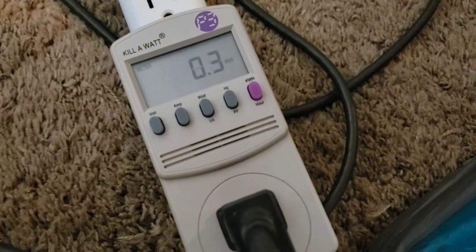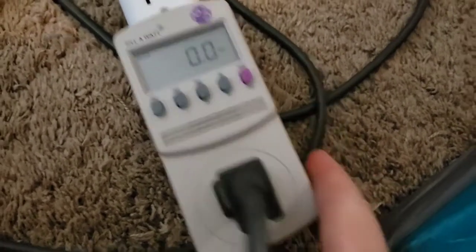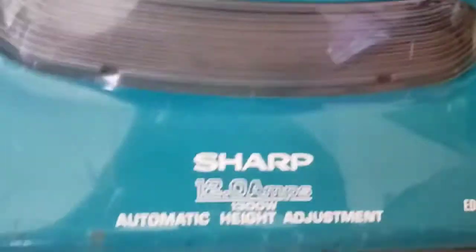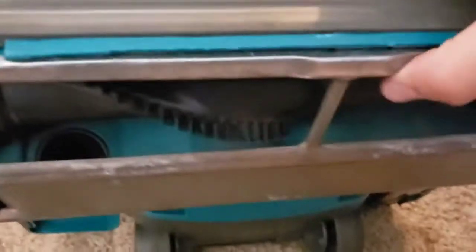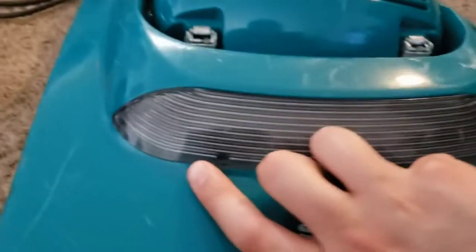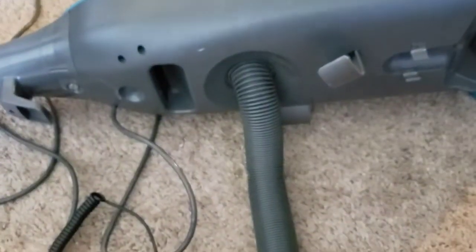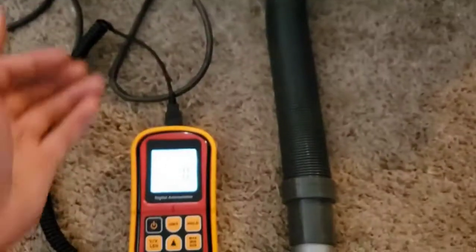That would explain it. I've done some preliminary testing on this thing, and I found it wasn't quite as powerful as the Sharp I used to have. That one was a little bit more deluxe. Metal handle, metal brush roll. This one's plastic handle, plastic brush roll, and the other one had a speed control. And I kind of wish I had held on to that. That was a nice machine. But, oh well. I mean, these are basic, but I think they're still pretty nice. Not much to test here, but